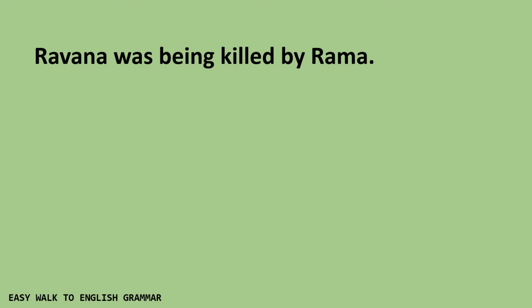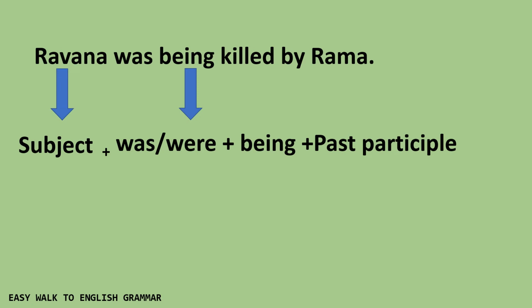When we analyze the sentence, Ravana will become the subject plus was or were according to the singularity or plurality of the subject. If the subject is singular, you have to use was, and if the subject is plural, we have to use were. Being is the second auxiliary, which is a must in all continuous tenses, the passive voice of all continuous tenses,